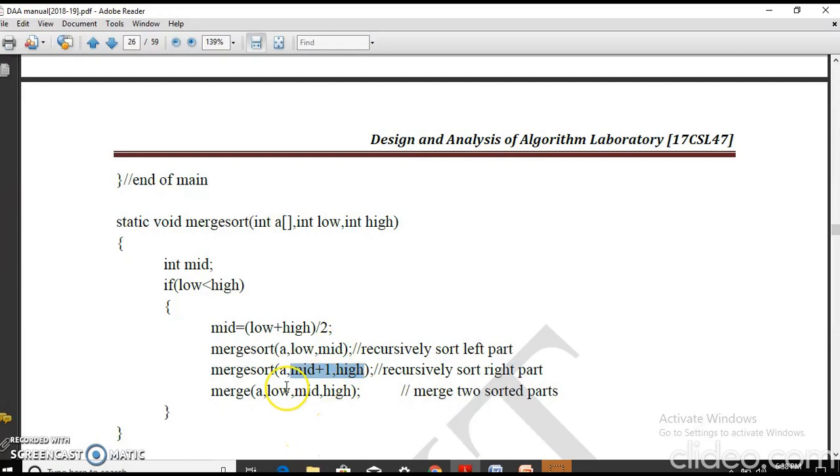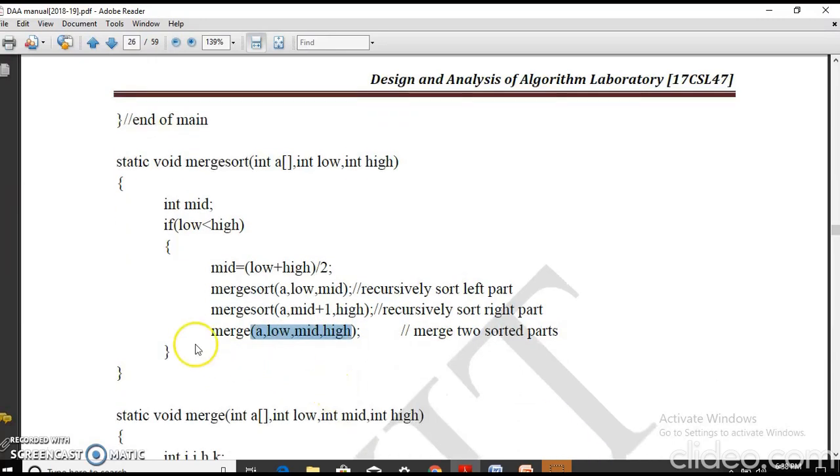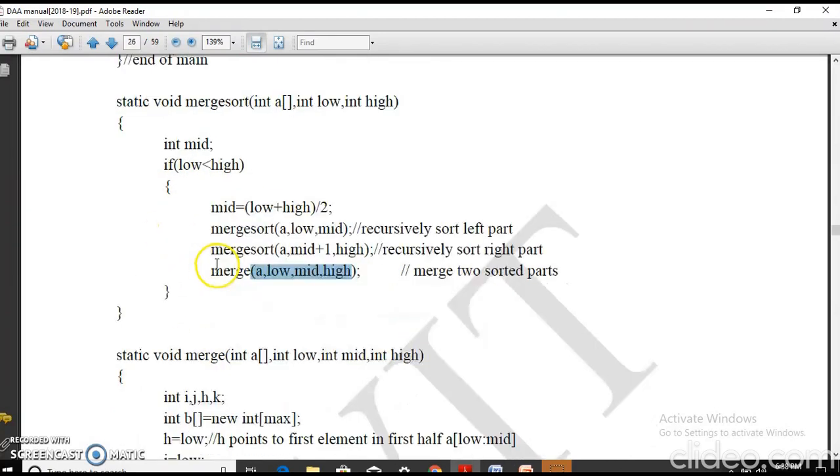Once they are sorted, we need to call the merge method, which will merge the two sorted halves ranging from low to mid and mid plus 1 to high. This is the end of the if and end of your merge sort. So this will happen for every value of low which is less than high. It is recursive. You should be careful here. So how does it move on?